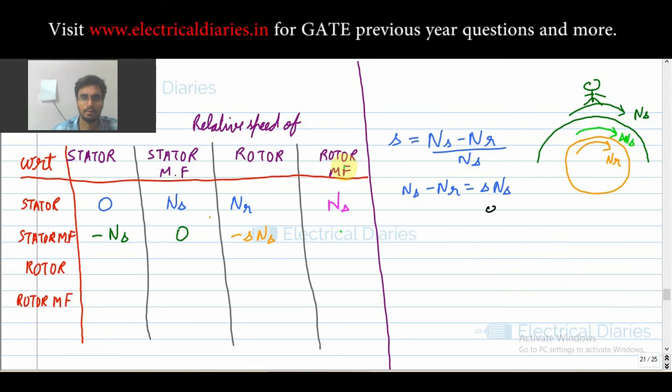Now we are going to find the relative speed of rotor magnetic field with respect to stator magnetic field. One thing you remember: for any machine to produce a steady torque, your rotor magnetic field should move with the same speed as that of stator magnetic field. That is, they both move hand in hand, that is with lock. That is why only your motor moves. So that is the standard. If you are not able to visualize, then you should always remember this. So this will be 0.